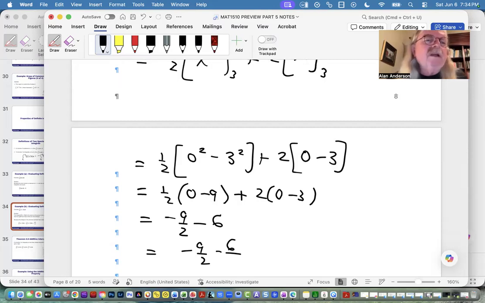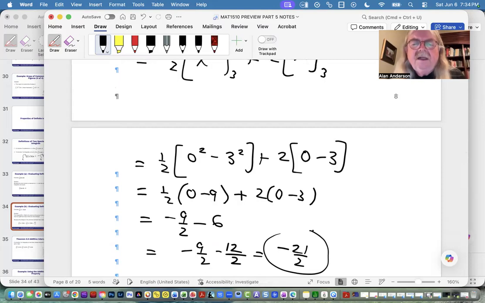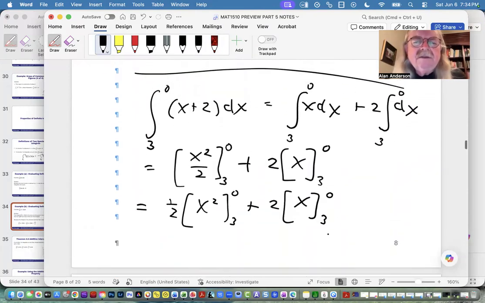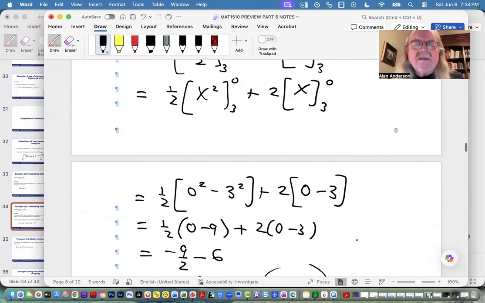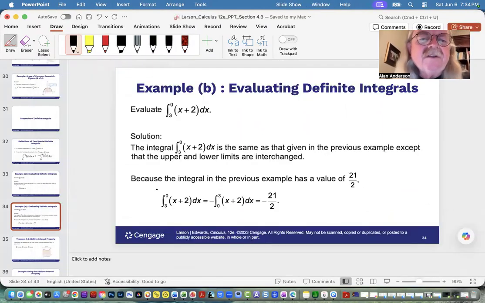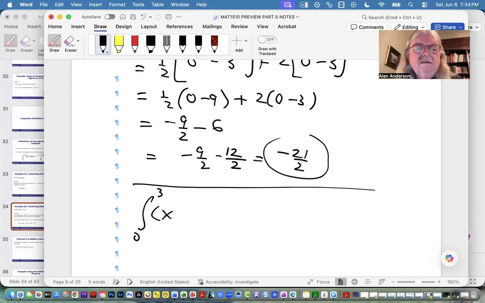Well, sorry, I meant to rewrite that as 12/6. What am I saying? 12 halves. Negative 21 halves. But if I changed the limits of integration to 0 up to 3 of the same function, x plus 2 dx, I'll end up with